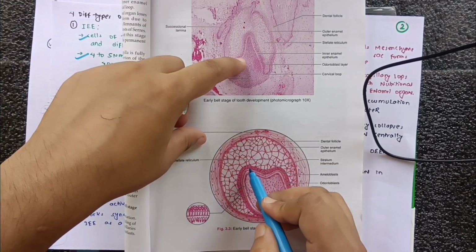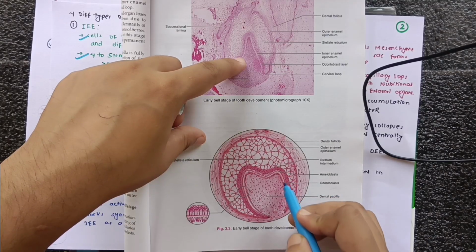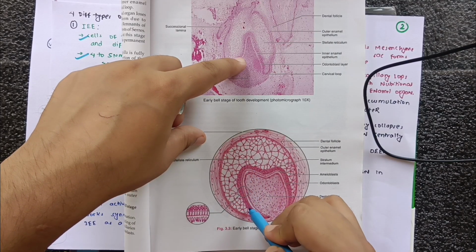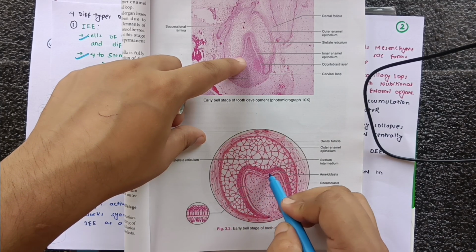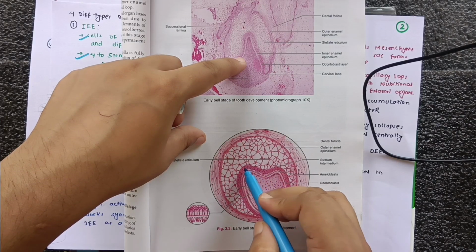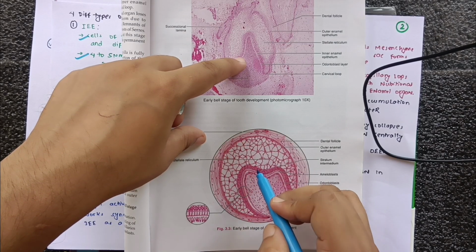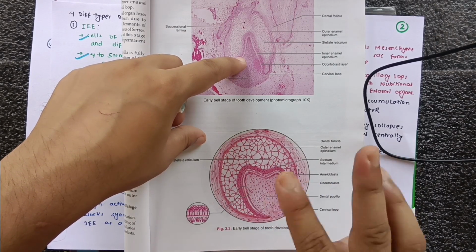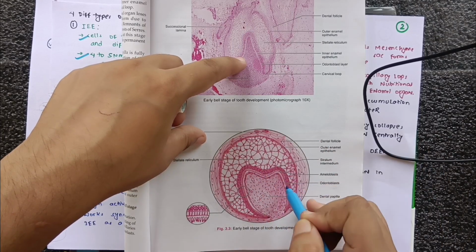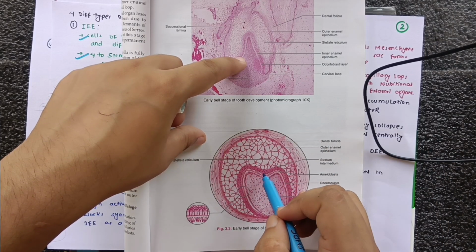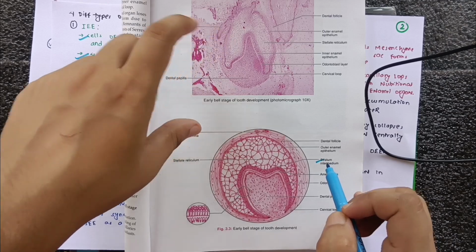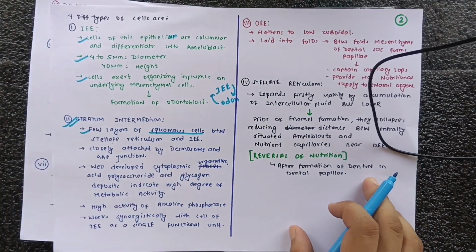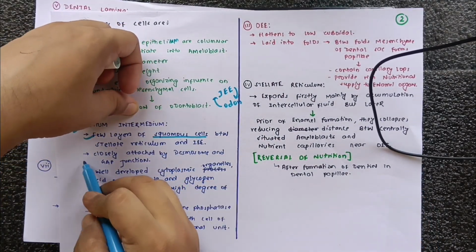in this picture, as you can see here, this is the structure. They are the squamous layer that is just above the inner enamel epithelial cells. Those cell layers are 2 to 3 layers, or 3 to 4 layers, of squamous cells, and that layer of cells is called the stratum intermedium,